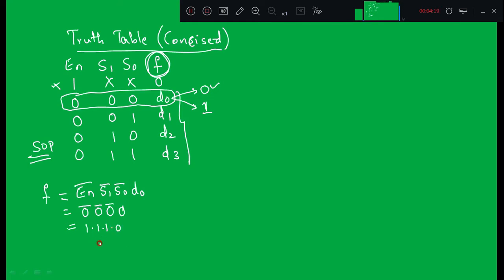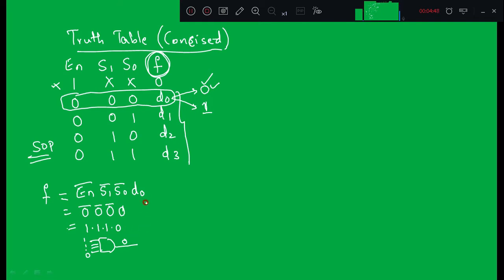So this is a 4 input AND gate. Three inputs are high and the last input is 0. That means output will be equal to 0, because the property of AND gate is, if any one of the inputs is 0, then output is also equal to 0. So I substituted D0 is equal to 0, and I got output F equal to 0. Is it correct? Yes.